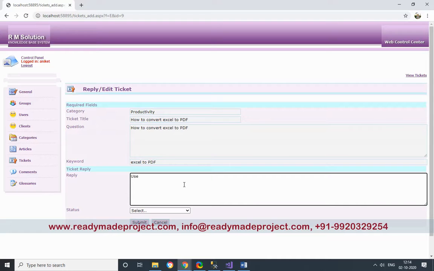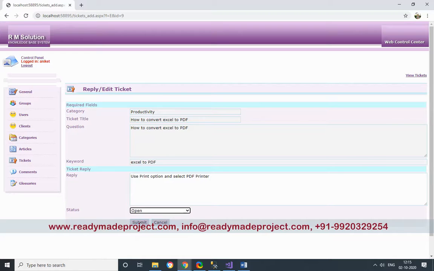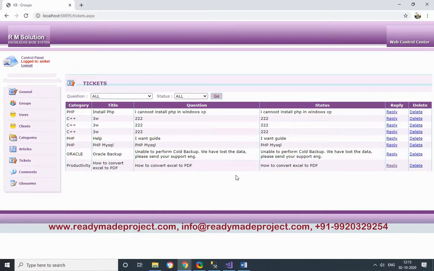Use print option, PDF printer. Submit. Now when the user logs in again, he can view that reply also.